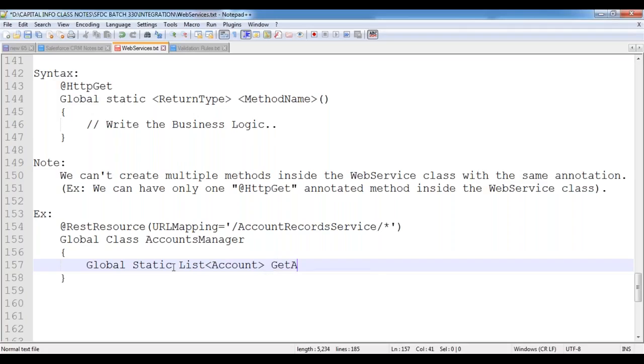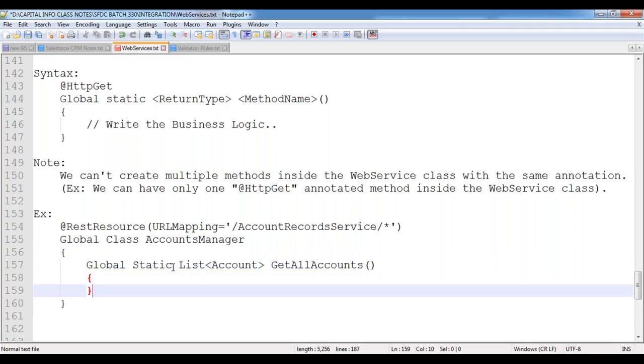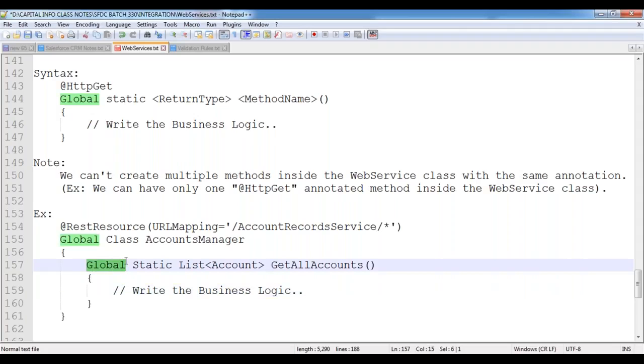So I'm indicating getAllAccounts. You can give any name over here. Here you can write the business logic. So we are writing the business logic inside the method. All the web service methods should be defined with the global access specifier, and then this should be defined with the static keyword. And then we can specify